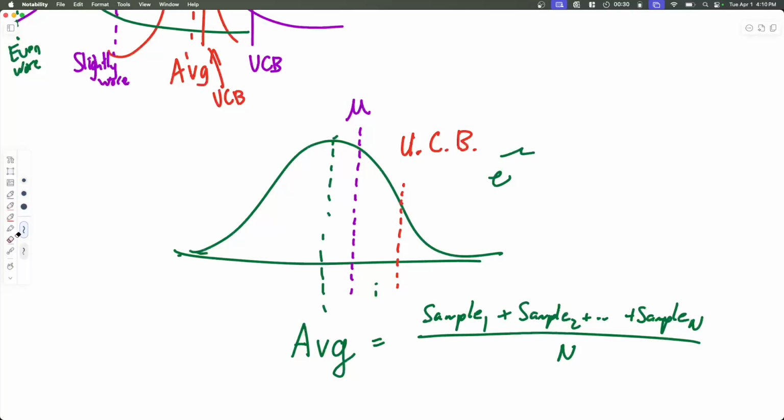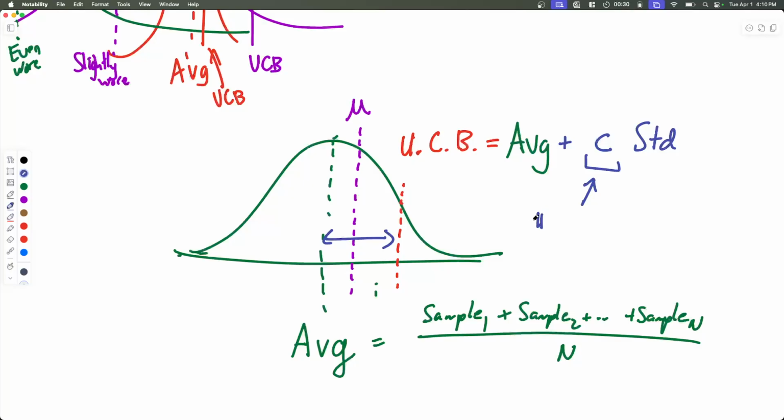And how do you get the upper confidence bound? The upper confidence bound is equal to the average plus some amount. And that amount represents how many standard deviations you want to go up. So plus C times the standard deviation. And C is the number of standard deviations we move up. Let's say we add on. Okay. And you might be very familiar, if C equals 2 or more accurately 1.96,